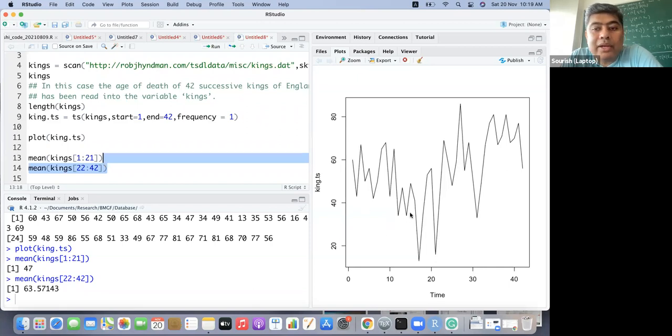Which makes sense, right? These 42 kings mean about 500-600 years of span, not 40 years, and most likely these are medieval-age kings, 1400, 1500. So naturally life expectancy in those days was very low, not more than 40, and that is what we are seeing as well.